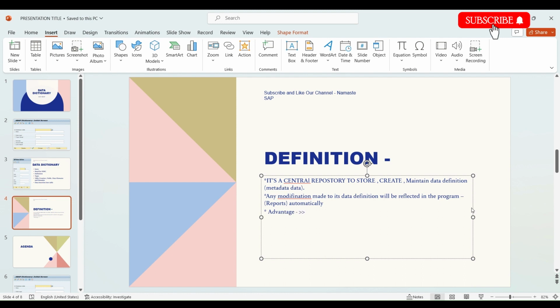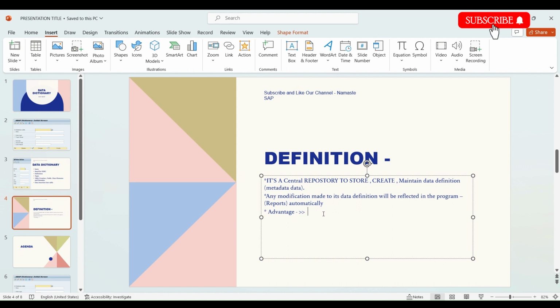Since it is a central repository, whatever change you make over here will get reflected in all the programs, all the function modules, be it a smart form or a module pool. Don't get confused or afraid. These are the objects I'm referring to, which we will be creating going forward in SAP. Whatever changes you make over here will get automatically reflected in all those programs